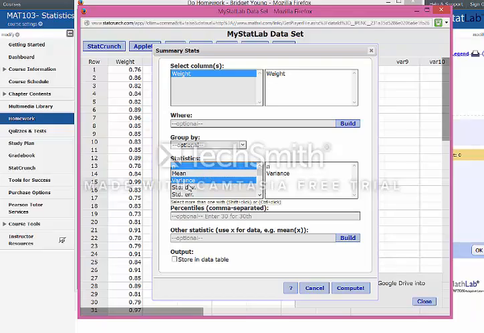In this example, I only need the standard deviation, so I'll click on standard deviation, but as I scroll down the list, you can see that there are many other statistics that we can compute here in the Summary Statistics option in StatCrunch. The other stuff is used for more complex statistical analysis that you don't need to worry about. So I select my variable, I select the statistic that I need, in this case standard deviation, and